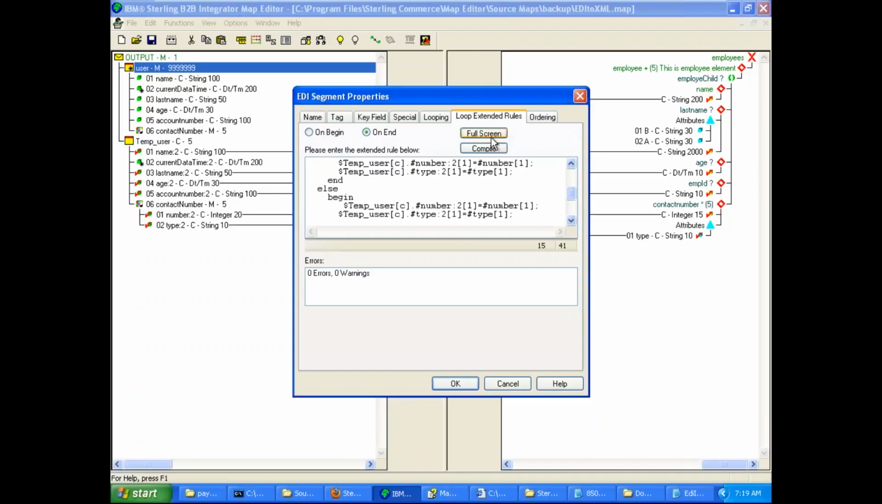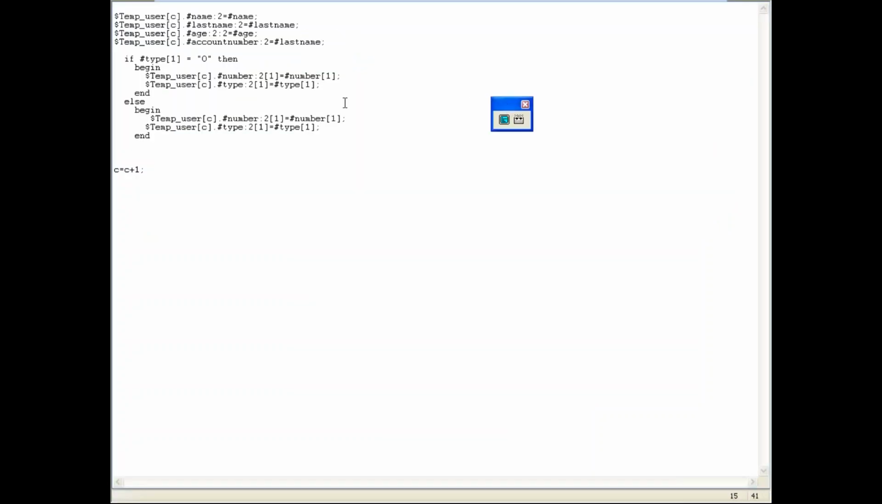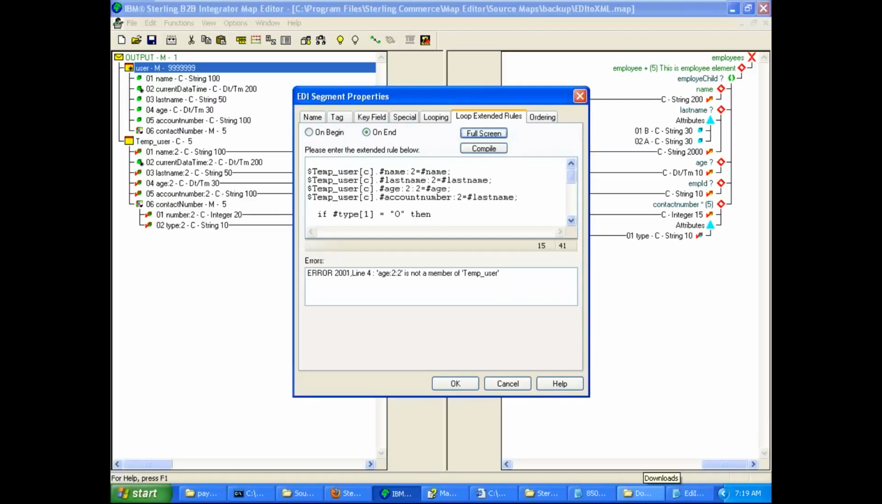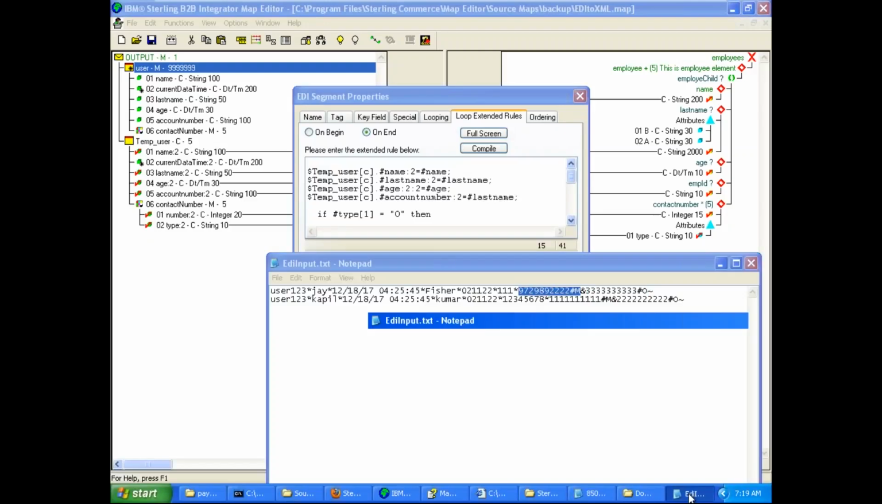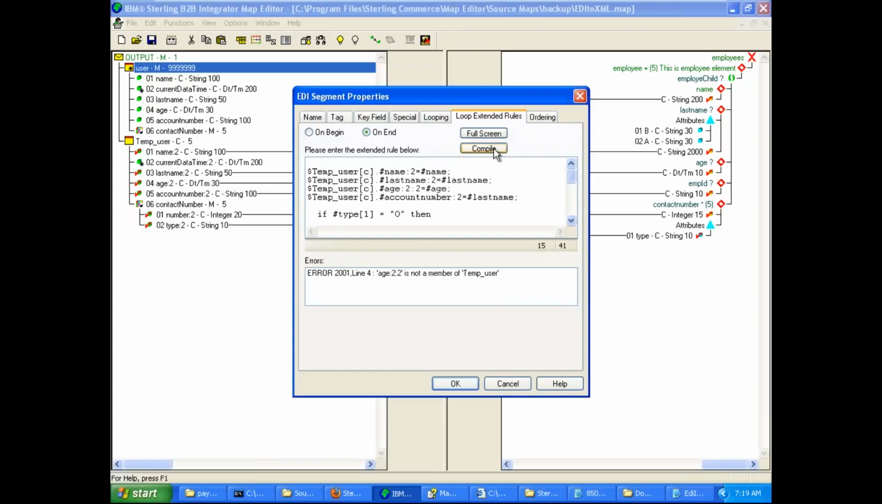Okay, so let me maximize it. What I'm trying to do here is place logic so that I read both repeating composite elements. Both repeating composite elements means this one, and this is my second. This is one composite element which is repeating, and this is one composite element. I want to read both, and I want to assign them back in the